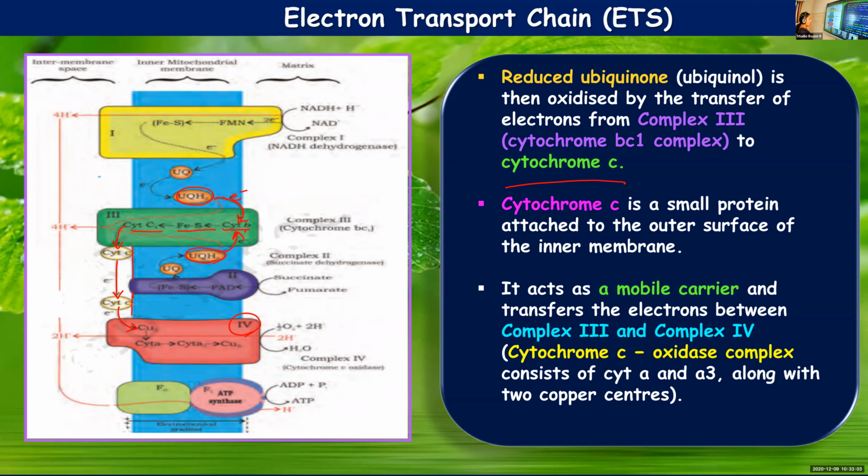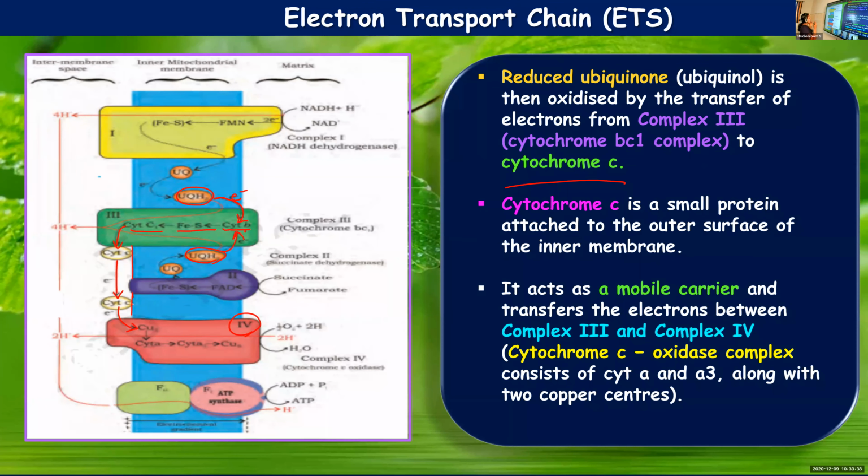Okay, and in complex 3, the electrons are first taken by cytochrome B, iron sulfur compound, cytochrome C1. From there it will go to cytochrome C, which will take it to complex 4. And copper A will accept it first, then cytochrome A, cytochrome A3, then copper B or CuB. Everywhere, see, passing through the yellow box, the green, the peach, everywhere you can find protons being pumped.